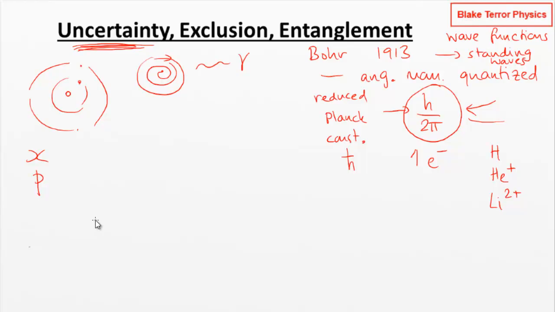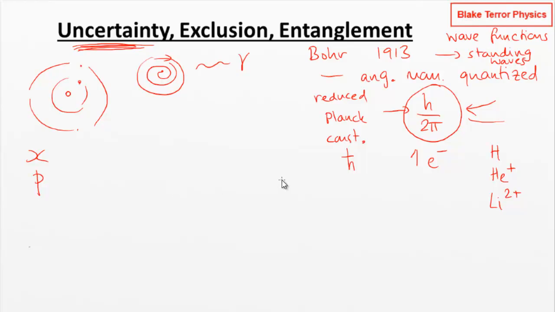This is not due to the accuracy of our measuring equipment. There is an actual built-in uncertainty. Now, at the macroscopic everyday scale, these uncertainties are negligible, but not at the microscopic level. At the microscopic level, when we're getting down into our quantum mechanics, this uncertainty built into these values really does matter. Now, Heisenberg himself gave an example of this.